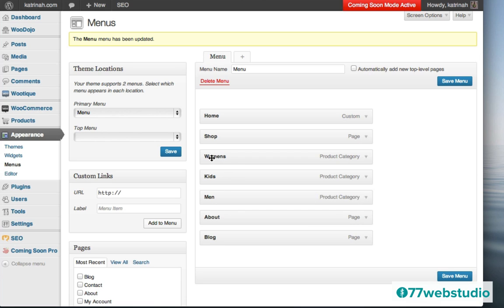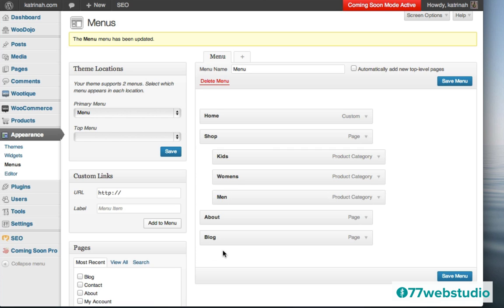And let's see, I think that's good. Actually, I think I'll put the kids first. And then in order to display this really nicely, I'm just going to drag this over just a tad to the right hand side, just like this. So now these three categories will fall underneath the shop page. So we'll have the home page as a menu item, the shop page as a parent menu item, and underneath the shop menu item there will be these three different sub-menu items. So it's looking good so far.